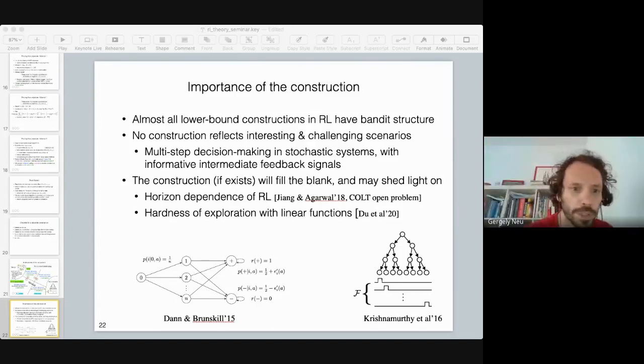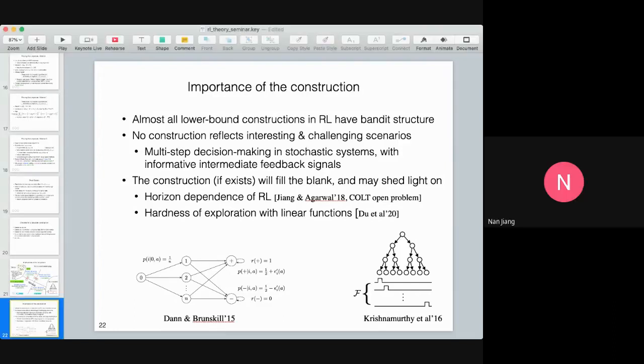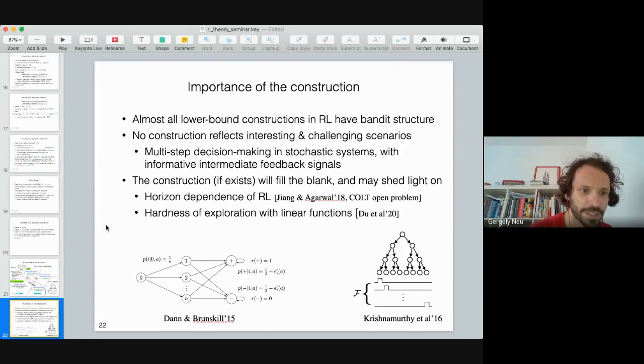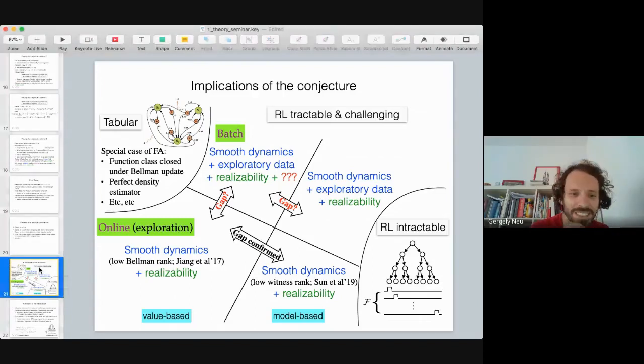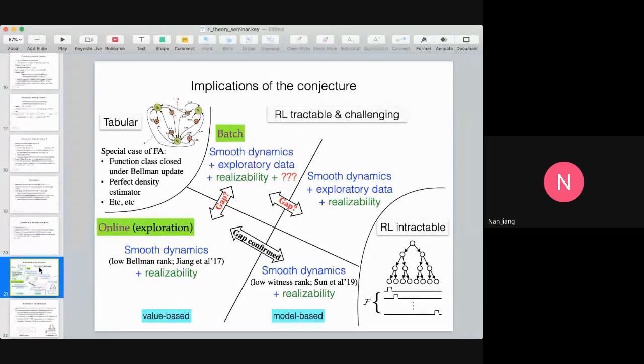All right, Nan. Can I have a question regarding your terminology on this last slide? Yes, go ahead. On the previous one, that is. Yes, go ahead. I realize I'm just being very vague. I'm just trying to understand, for example, in the lower left corner, where you say that smooth dynamics and realizability is enough for what precisely? Information-theoretic learnability? What do you think about efficient learning in that setting? Are these assumptions enough for that?